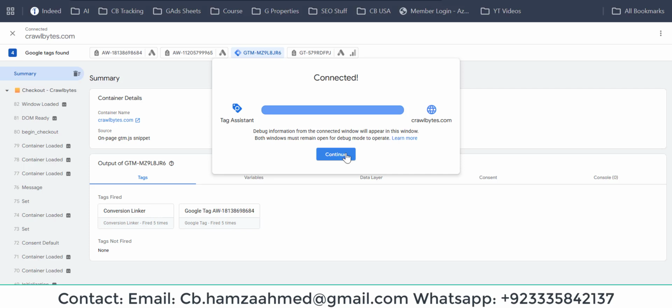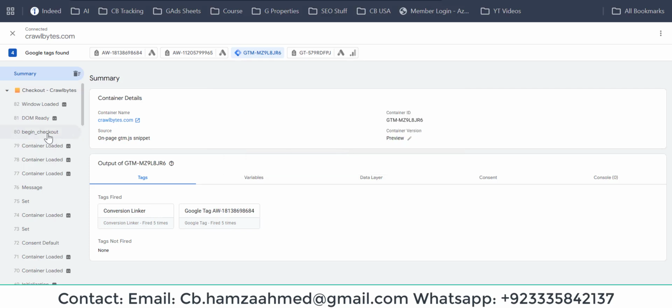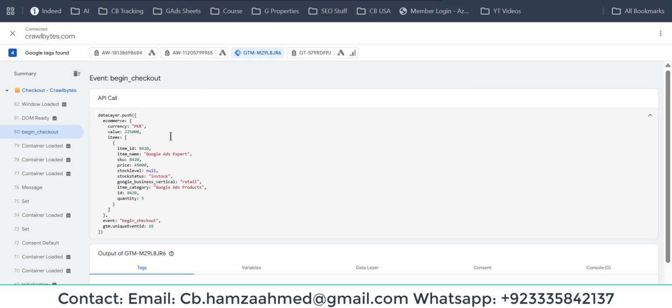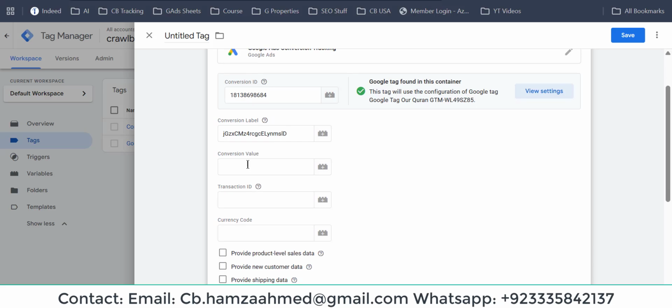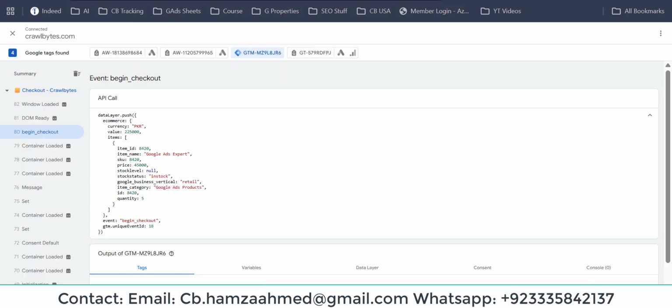So what we need to do is just stop this, click on continue, click on begin checkout, and then this is our data layer. Now what we need in this is a conversion value and a currency code. So how can we get it? First of all, you have to copy this ecommerce